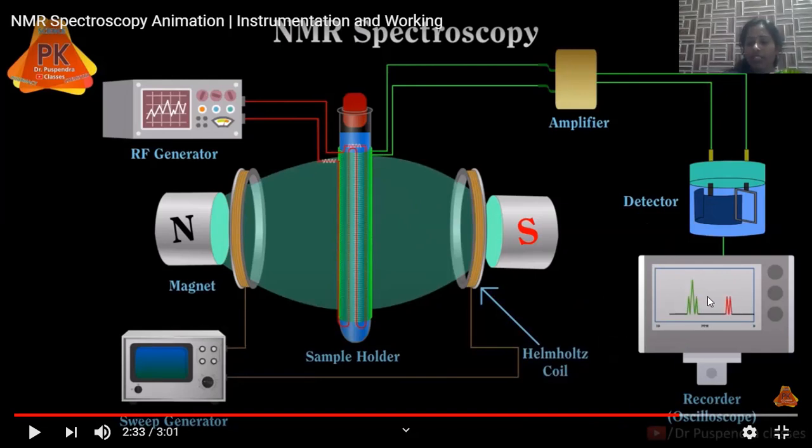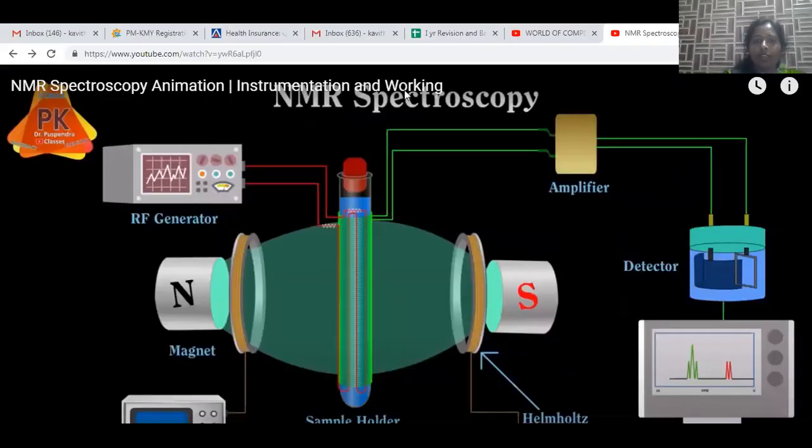Okay, so here CH3 will give a triplet, and CH2, because of spin coupling, will give its signal. CH2 will give a quartet, actually it is not for that one. So here triplet and doublet, one demo signal is given here, which is used to interpret the unknown compound which we are going to identify. So this is the simple representation of NMR instrumentation.